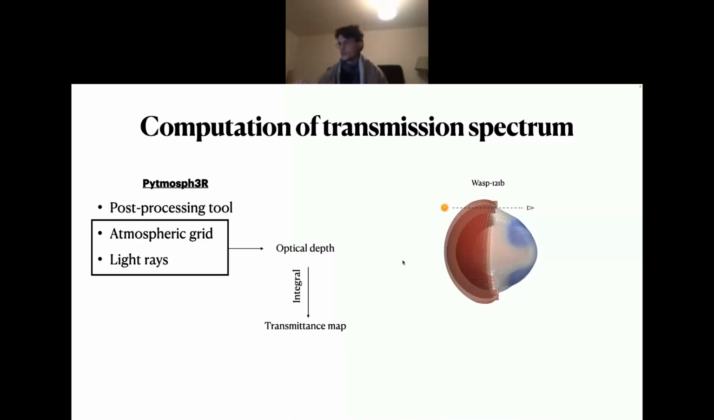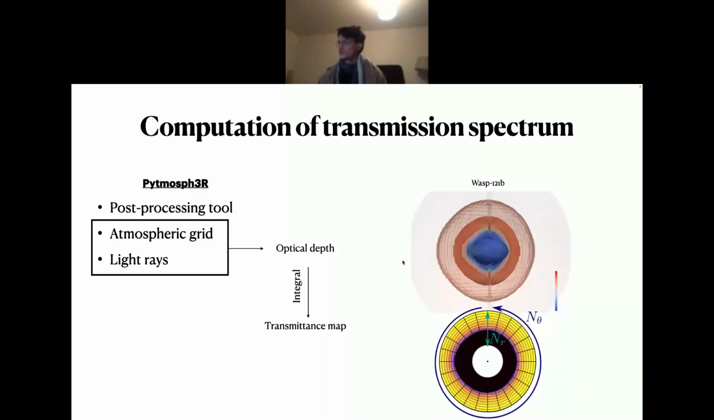So you compute first the optical depth of each ray that you can then integrate into a transmittance map. So that's an example here on the right of a GCM simulation of WASP121b, seen from the observer point of view. And below you have the transmittance map that is computed by Pytmosph3R, meaning that well,